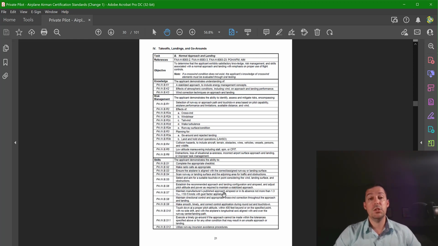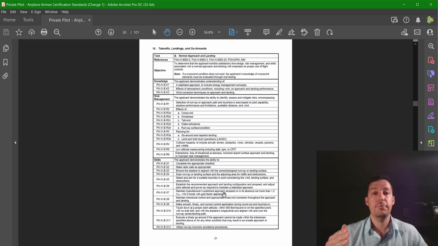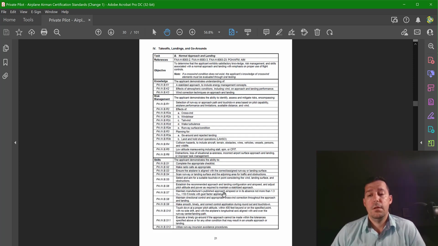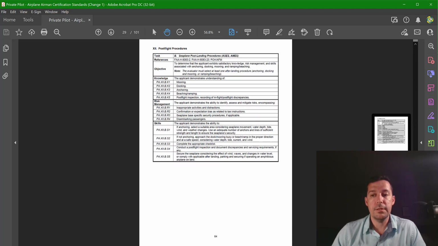So let's say you are flying the approach and your approach speed is 70, and we see an airspeed of 85. Does that mean you failed the check ride? Does that mean that I have to fail you as an examiner? Well, the answer is it kind of depends. So for that, we're going to pause right here, and we're going to go to the Appendix section